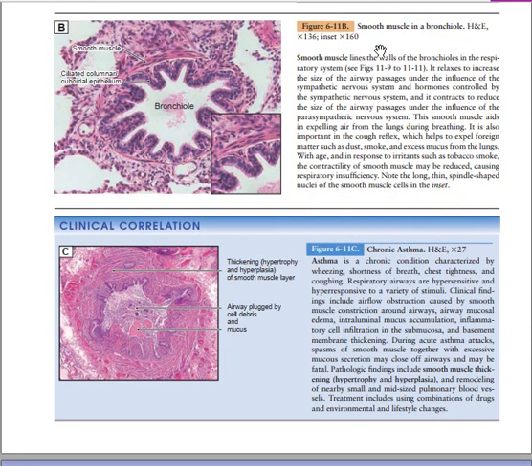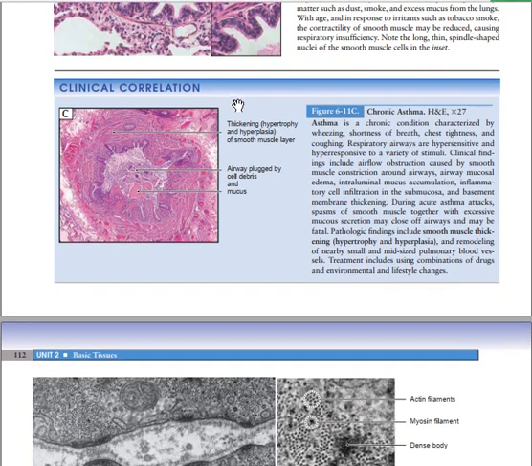Now the next one, we have the smooth muscle of the bronchial. You need to know that at the level of the bronchial, the first part here we have the epithelium, and this epithelium is pseudostratified ciliated epithelium. Then we have the next one, which is the smooth muscles. The smooth muscles here are located at the level of the bronchioles, and then also have cartilages which are